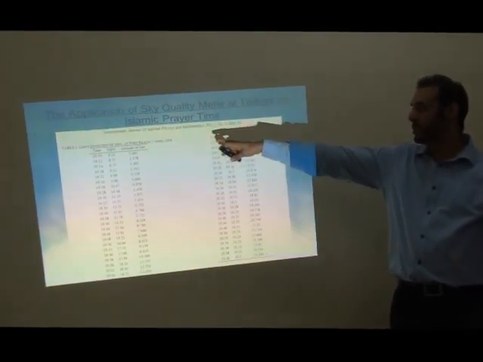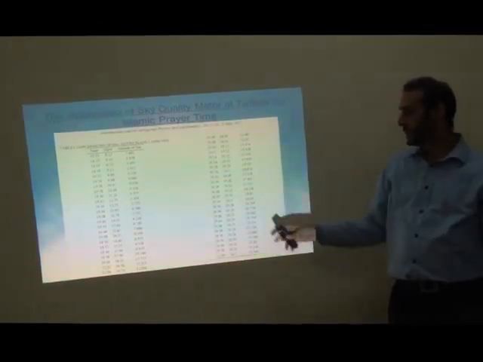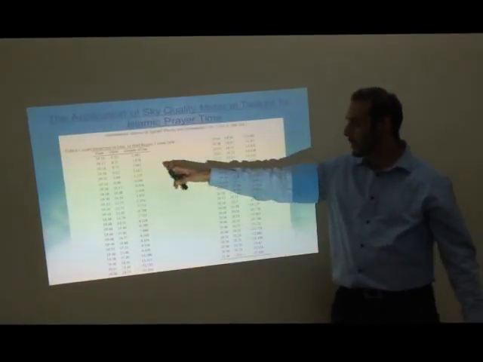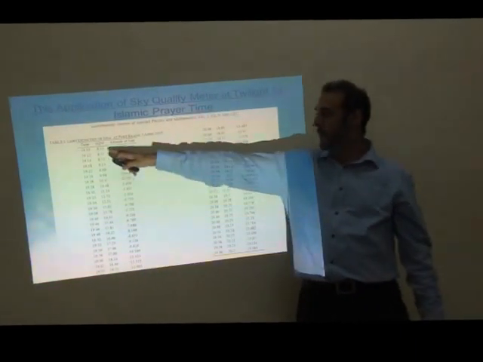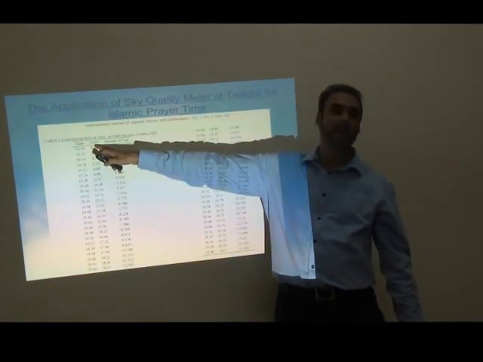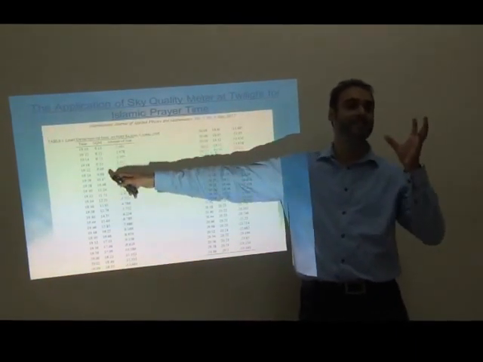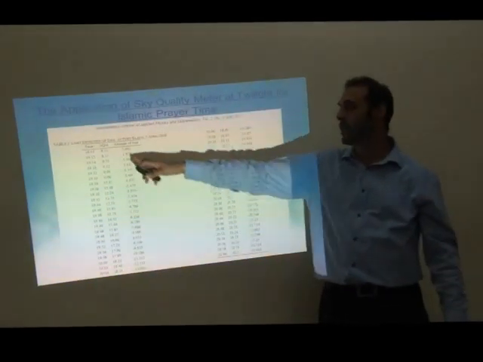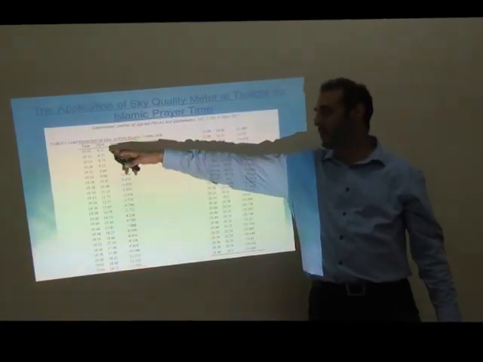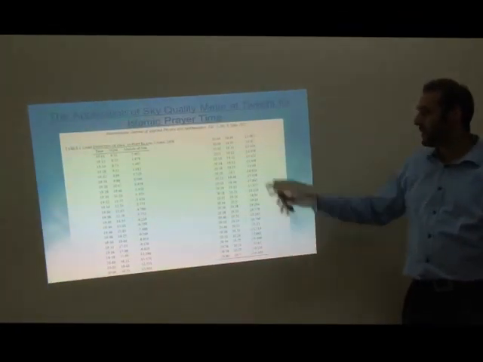It's from the International Journal of Applied Physics and Mathematics. Now over here, they're giving you the time and the altitude of the sun, and these are light quality testers. They tell you how dark the sky is. So, SQM meters and the altitude of the sun.